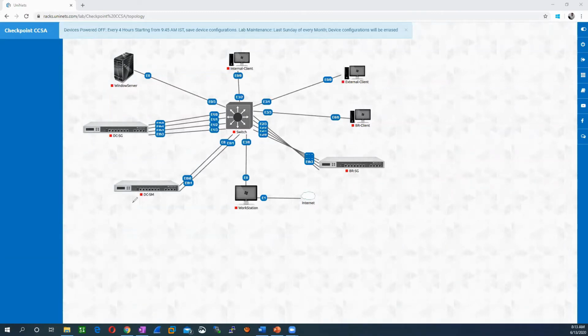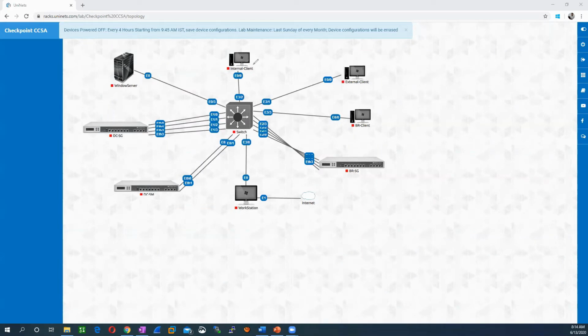So if you see this device, we will use it as a management server, management system, and this device we will use as a security gateway. This we will use as an Active Directory. This would be your Active Directory server, and this would be used when a user tries to access the firewall when we apply a user-based policy. So we will use the Active Directory server.